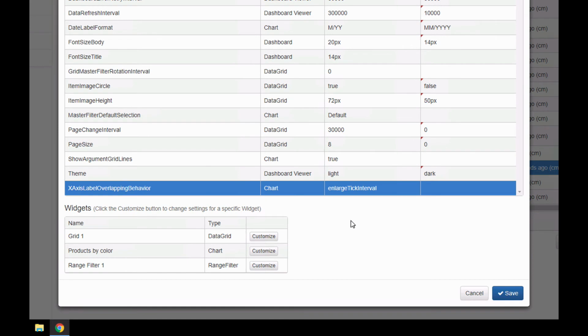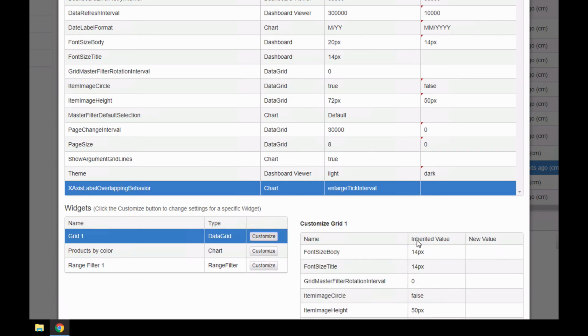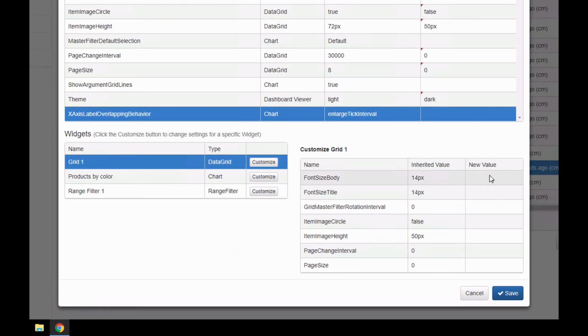The last section of the dashboard settings are for each individual widget. By clicking the Customize button of the widget, you can override the general settings of the dashboard for each item. All of these settings and their options can be found on the Lojic Dashboards